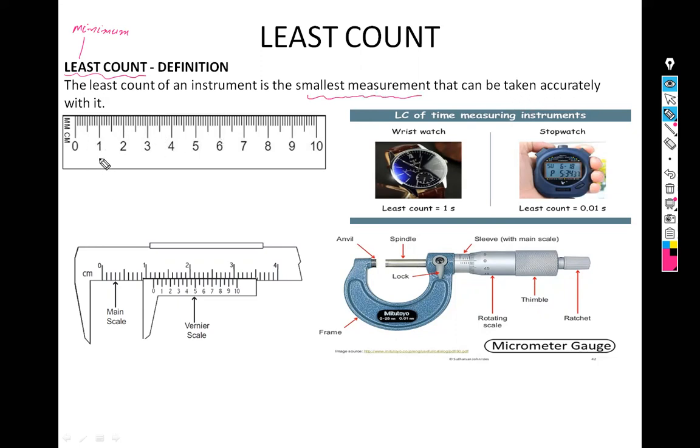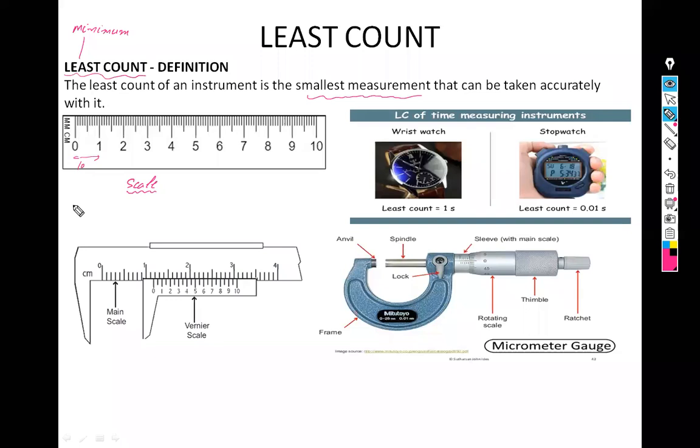Let's say it is a scale. This is a scale. You know that this is always in the pouch of your geometry books. Look at how much we can read, the smallest, from one line to the other. How many lines from 0 to 1? 1, 2, 3, 4, 5, 6, 7, 8, 9, and 10 lines. There are 10 lines. It means one line contains how much? This is only 1 millimeter. So what is the least count for that?